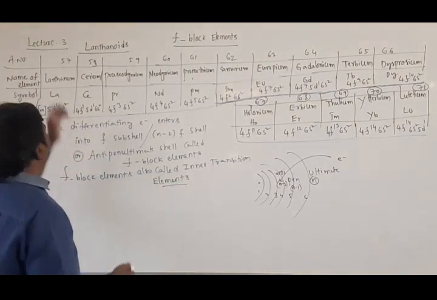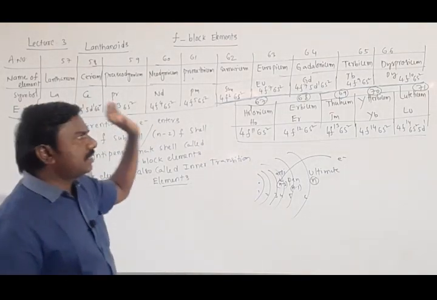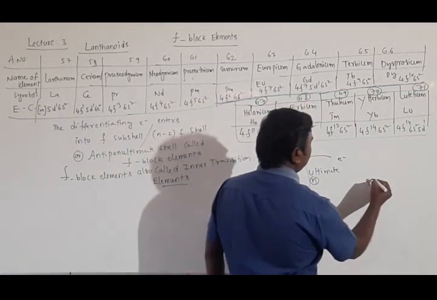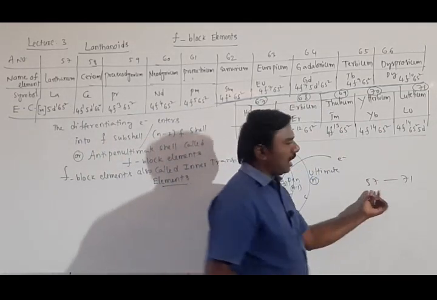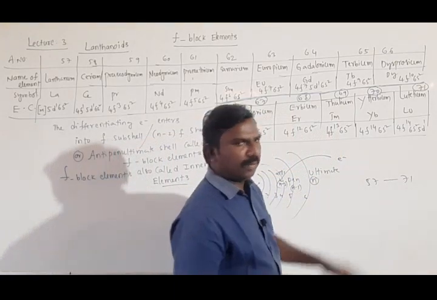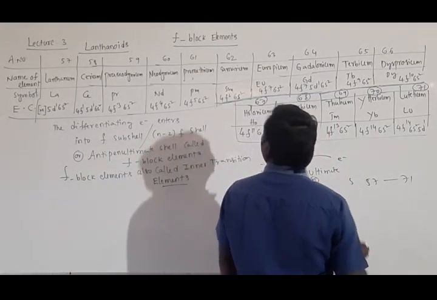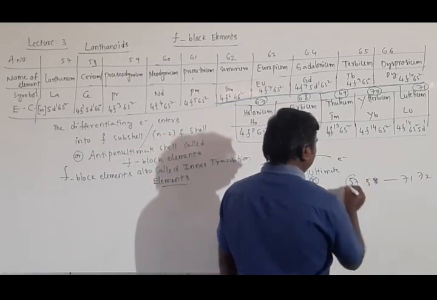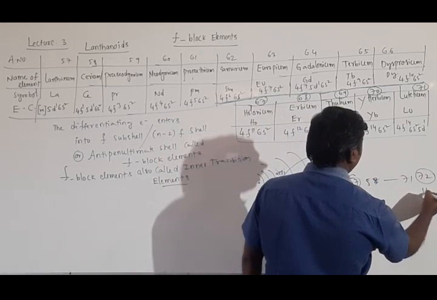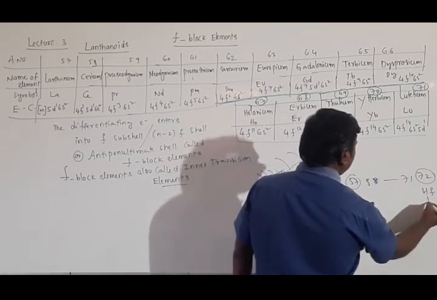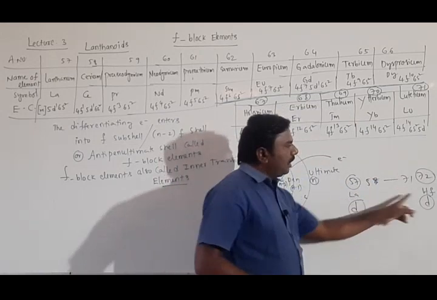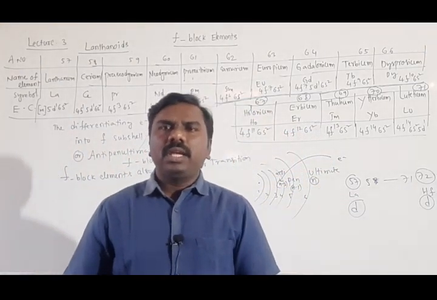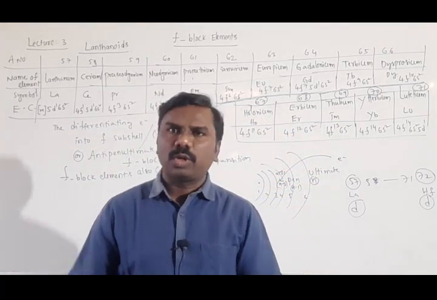Because lanthanoids, if you observe, 57 to 71 atomic number, those are lanthanoids. For example, 57 to 71, these are lanthanoids, 4F series elements, F block elements. Before that, 57 and after, 72. 57 is lanthanum, 72 is hafnium. It is a D block element, it is also D block element. In between these two D block elements, there is a presence of 14 F block elements, those are lanthanoids.